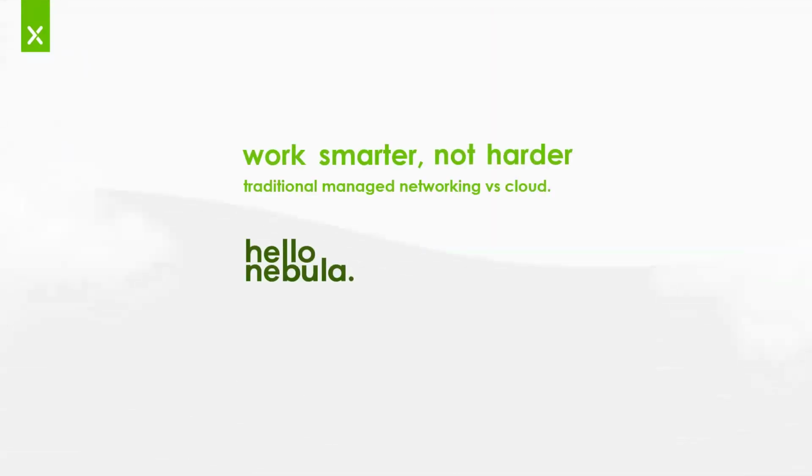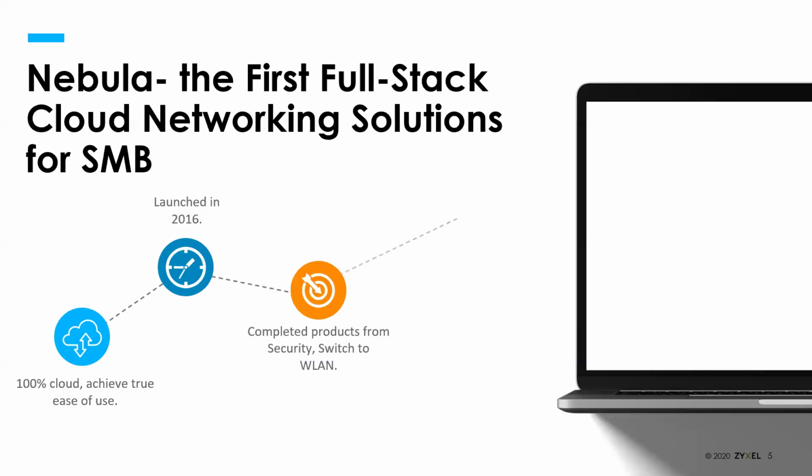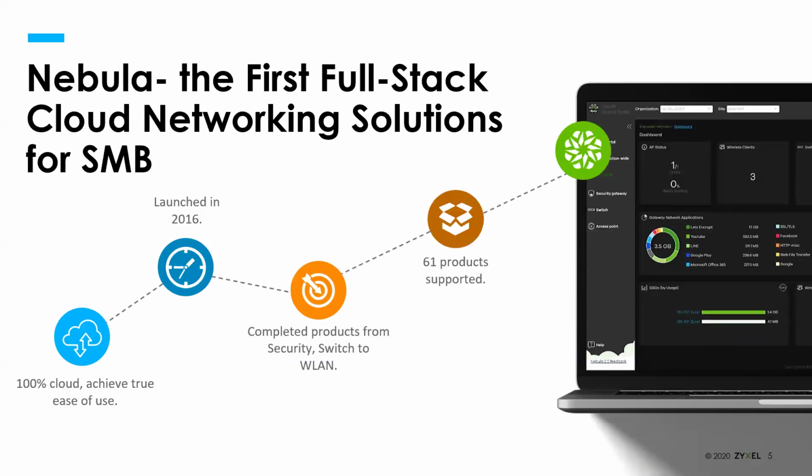So now that we've covered the background on who Zyxel is, for those of you that are maybe new Zyxel partners or resellers, we'll start talking about Nebula, which is why you're here. We've been making Nebula for a long time. We launched this to the public all the way back in 2016. So next year will be our 10-year anniversary. And in fact, we were the first cloud offering that was aimed at the SMB space. Back in 2016, when we got started,